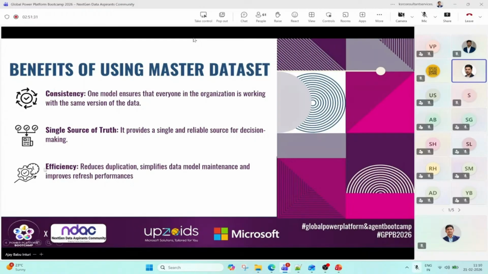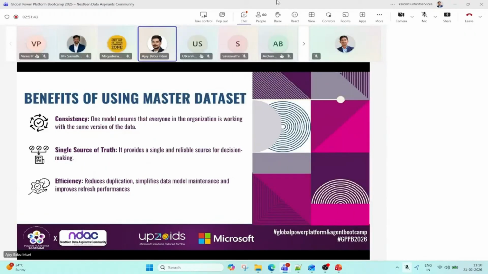And efficiency. This is our main reason for using this master data set: to improve efficiency between the teams. So, reduce the duplication.